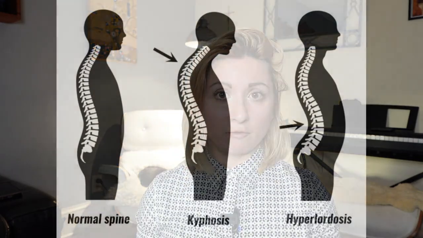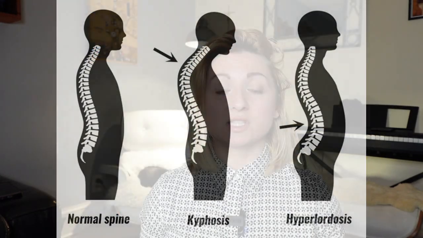So for instance, too much of that kyphotic curve in the thoracic segments is called hyperkyphosis. Too little, or the spine being flatter in the thoracic segments, is called hypokyphosis. Too much lordosis, whether it's in the cervical or in the lumbar spine, is hyperlordosis. And when the spine is flatter in those segments, it is called